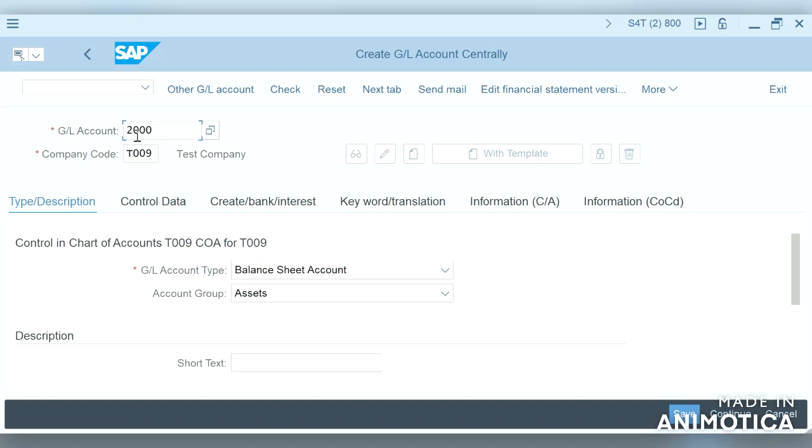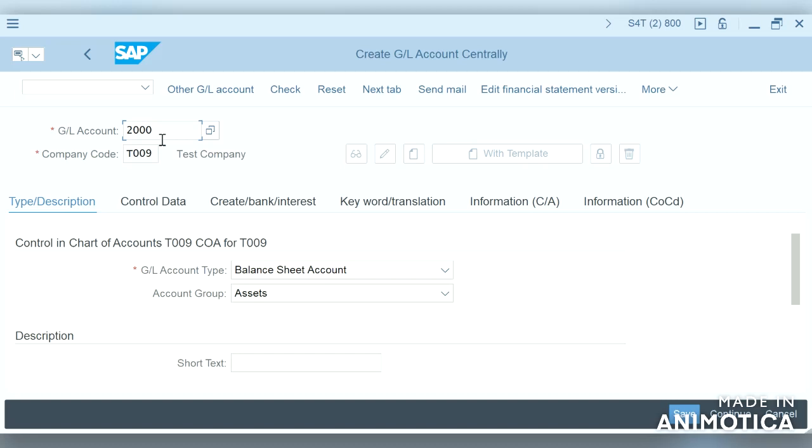Starting with 1, normally it will be liability. Starting with 2, it is assets. Starting with 3, it will be revenue. Starting with 4, it will be expense. And there are even a few GLs starting with 5.